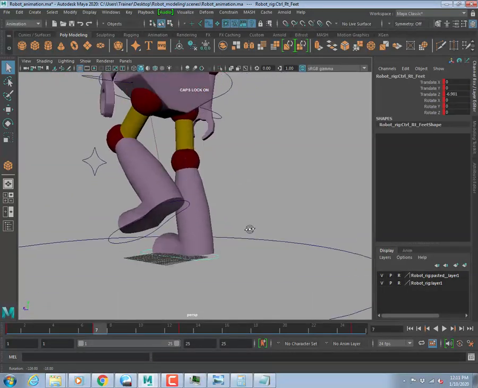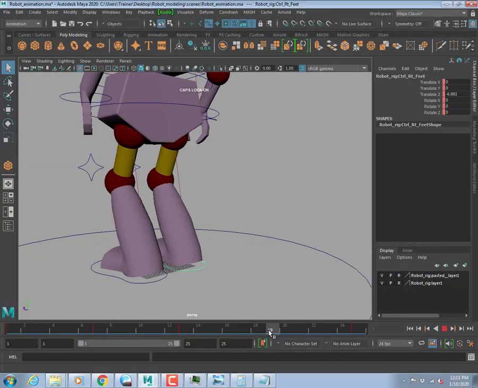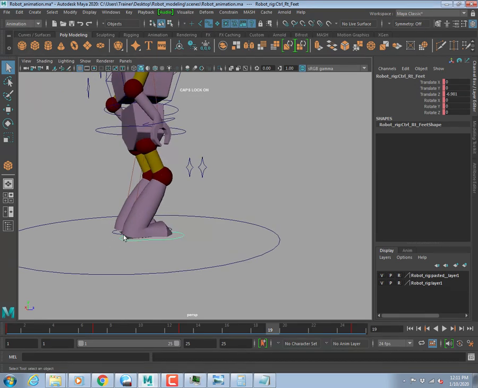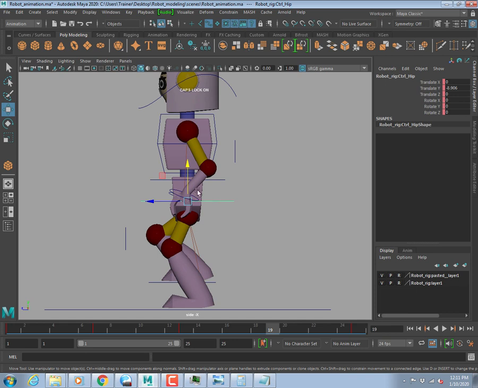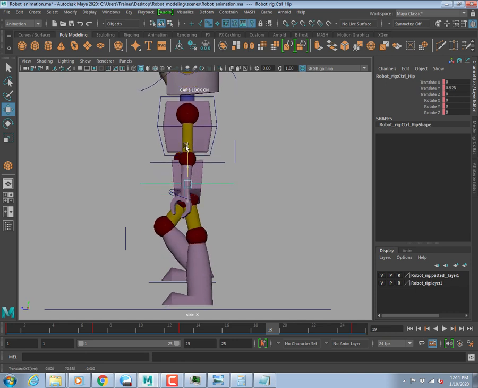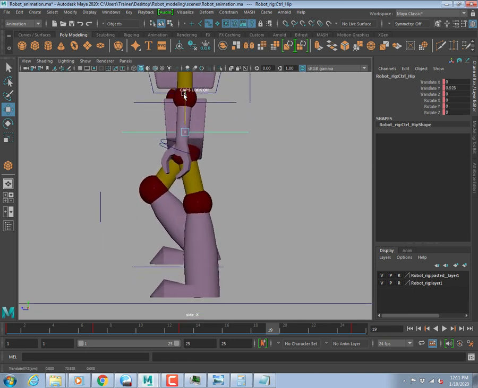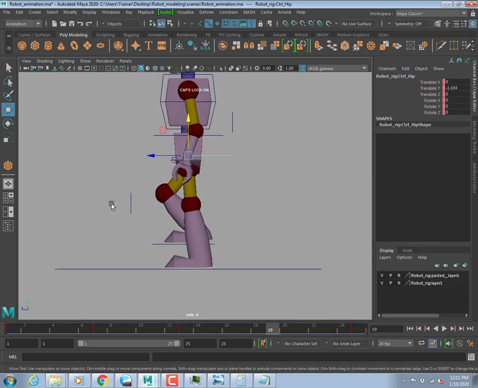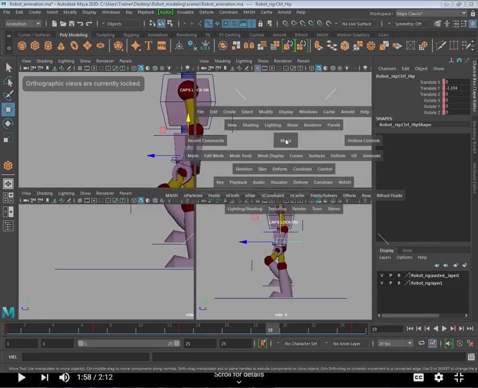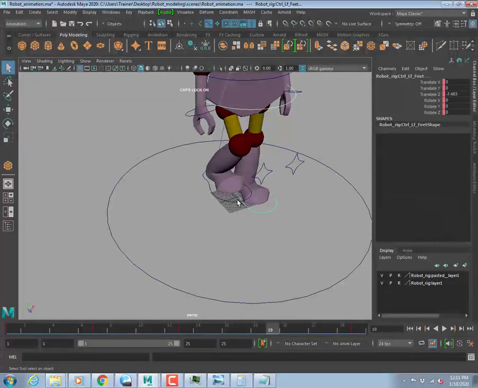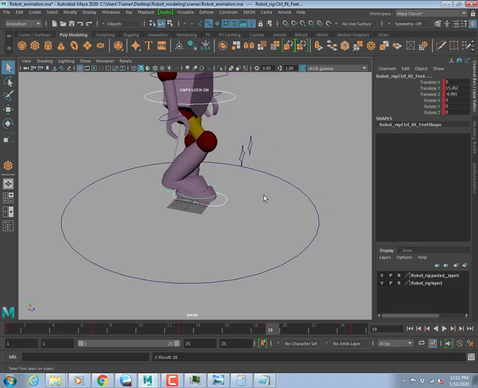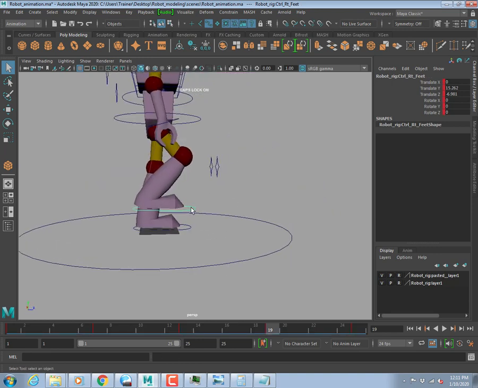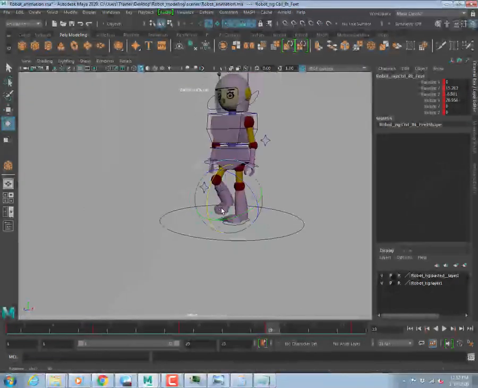I've done with frame 7. I go to frame 19. This leg should move up. Move it up. Then the hip controller, I move up. This is too much, so I bring it back down until there is a slight bending. Then I set key for the 3 objects. Set key. This rotation I've forgotten. Set key. So what happened here now, when I play back,